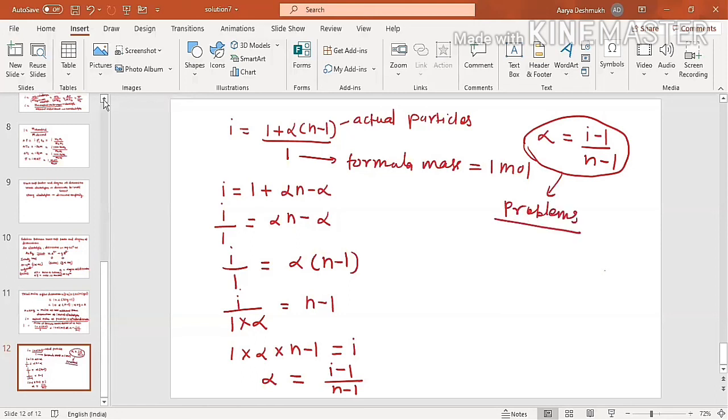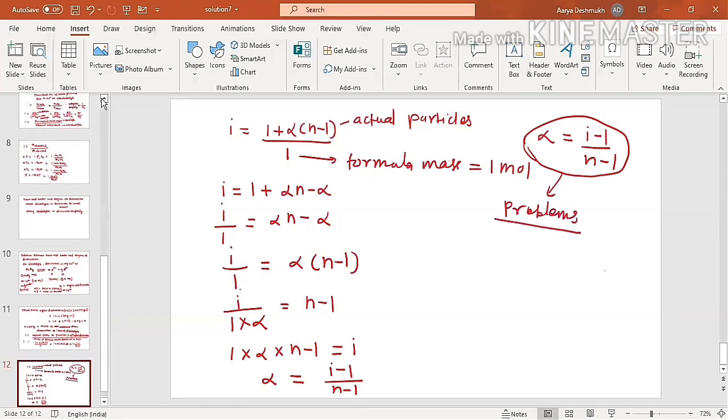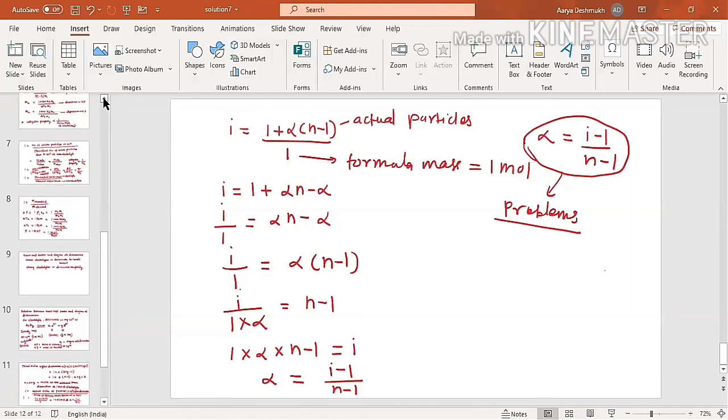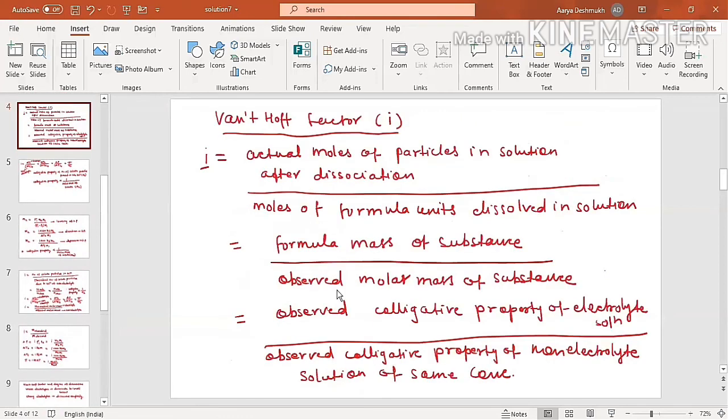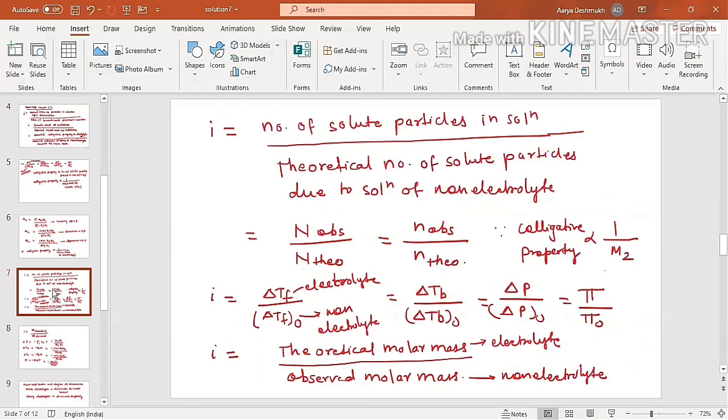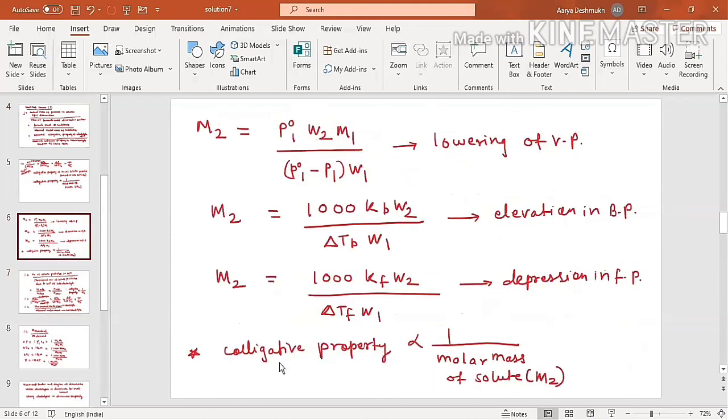So remember the relation between the actual moles or actual particles of the electrolyte divided by that of the non-electrolyte. This equation is important here: the observed colligative property of the electrolyte divided by the observed colligative property of the non-electrolyte. And one more thing to remember is that colligative property is inversely proportional to the molar mass of the solute. So this is about the Van 't Hoff factor and all. If you have any doubts, you can